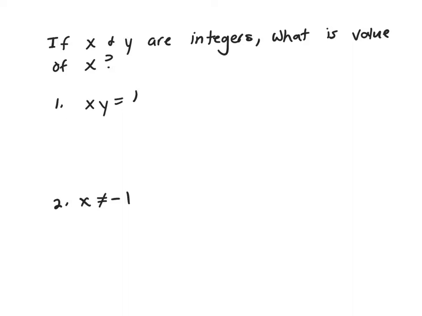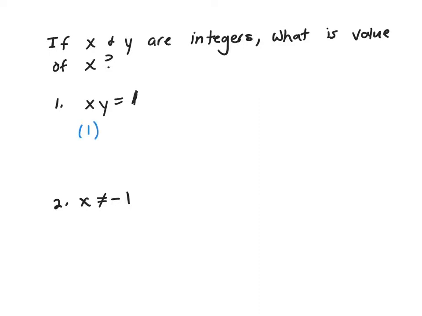We were trying to figure out the value of x. All right, now it's important to know x and y are integers. That means no fractions, no decimals. They're positive and negative numbers, okay, integers. Now, in clue 1, the only way that could happen is